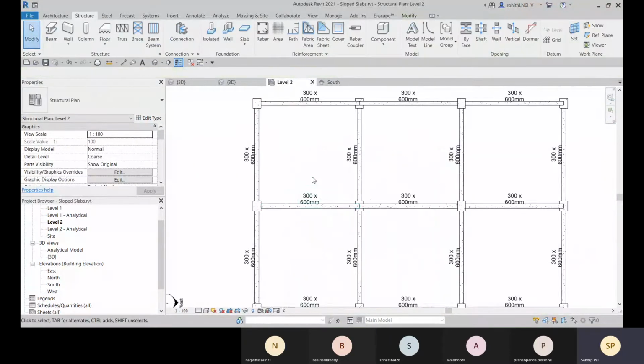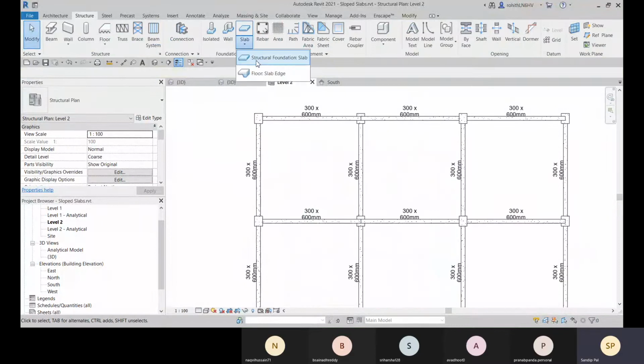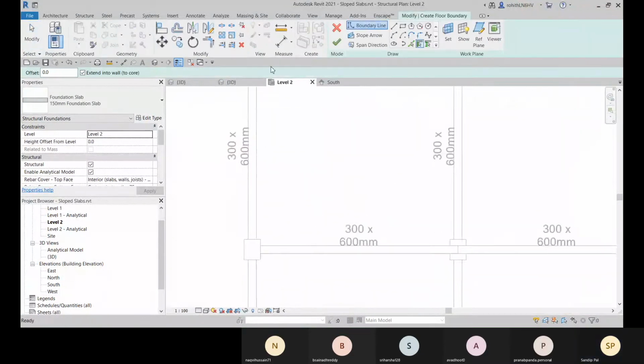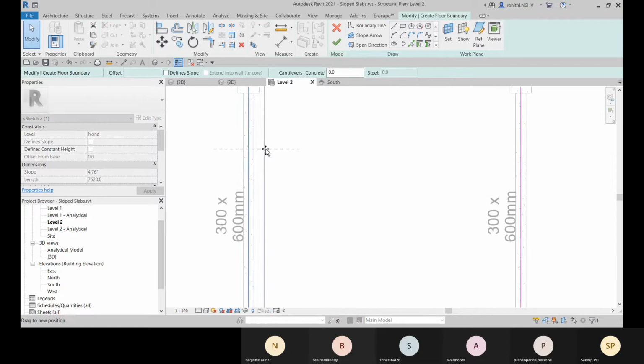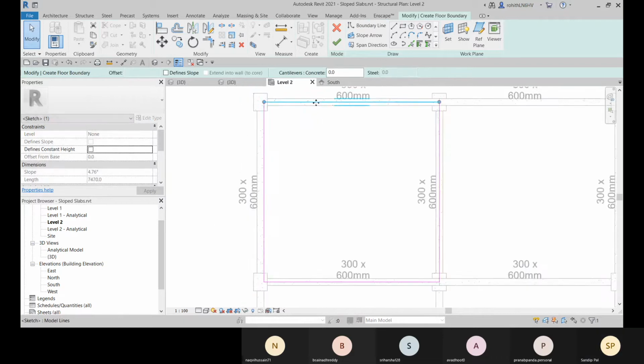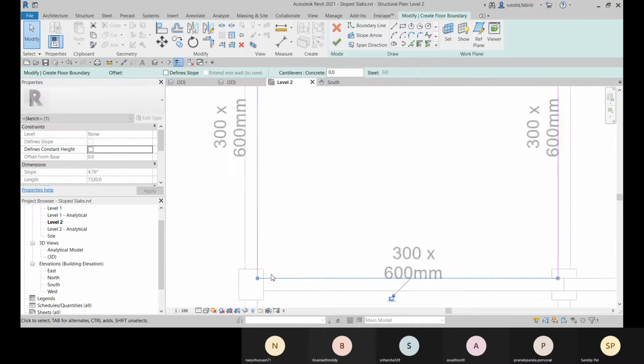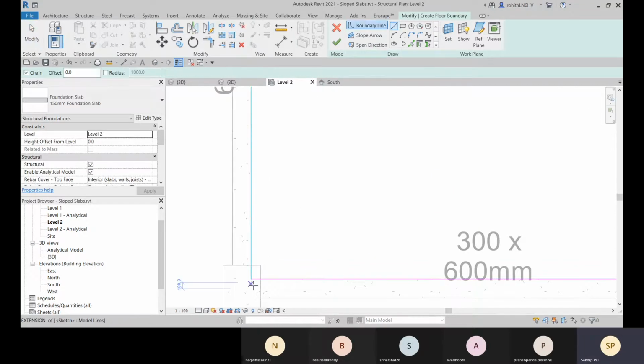Now I will go to the slab and go for pick support. You have to draw these lines.